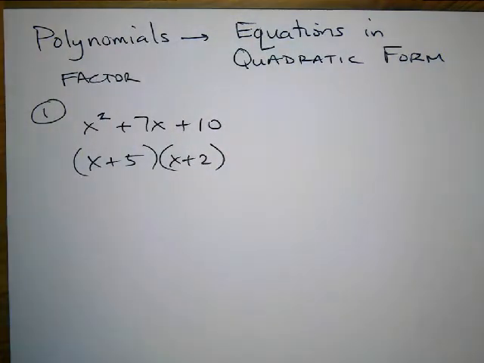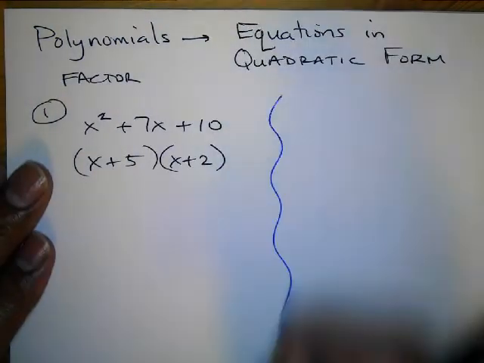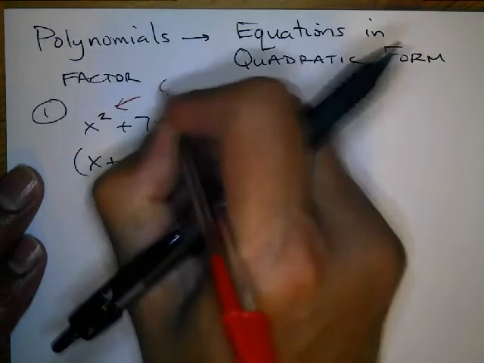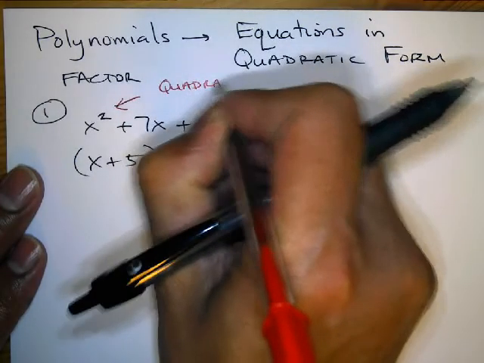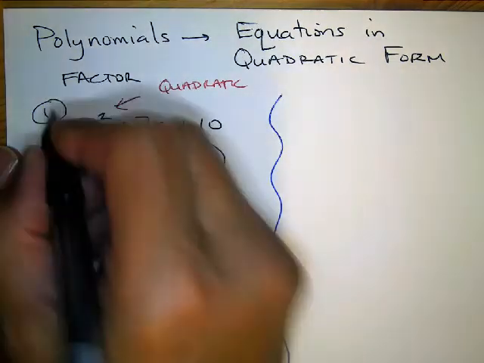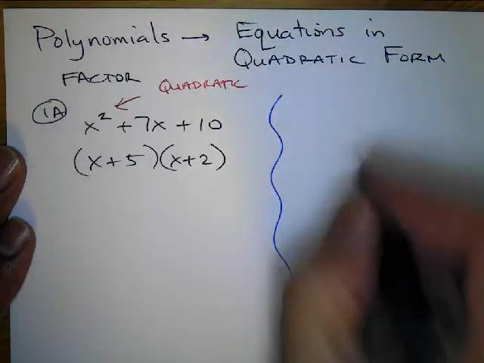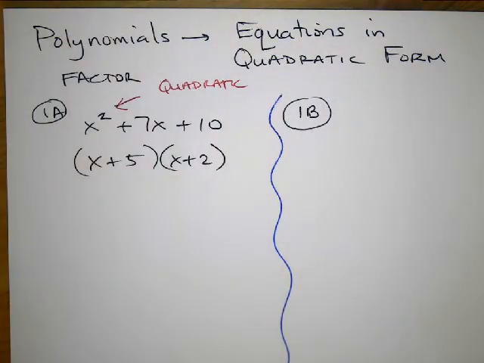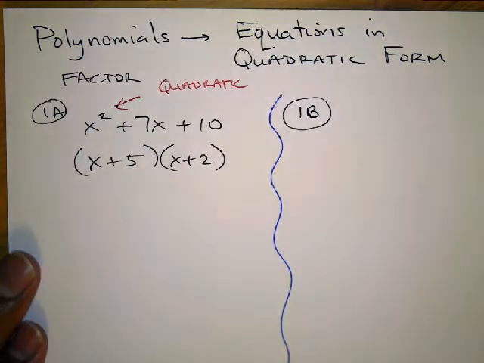Right, and over here, I'm going to kind of make 2 columns. This column here is going to be quadratic, right? Because it's to the power of 2. So this will be like 1a. And this one's going to be 1b. And you'll quickly realize why it's not like 1 and 2. It's 1a and 1b. Well, if I can solve it as a quadratic,